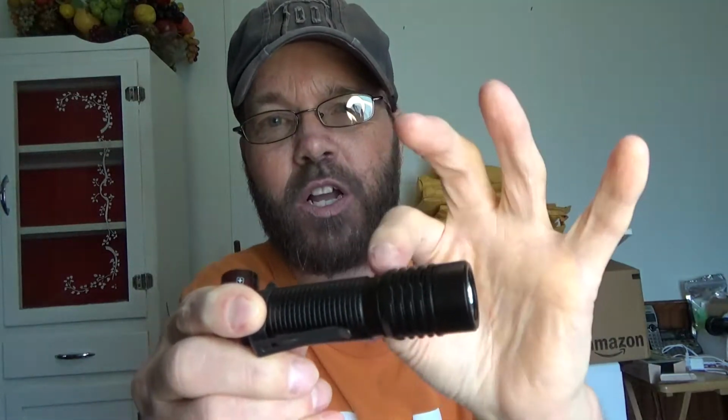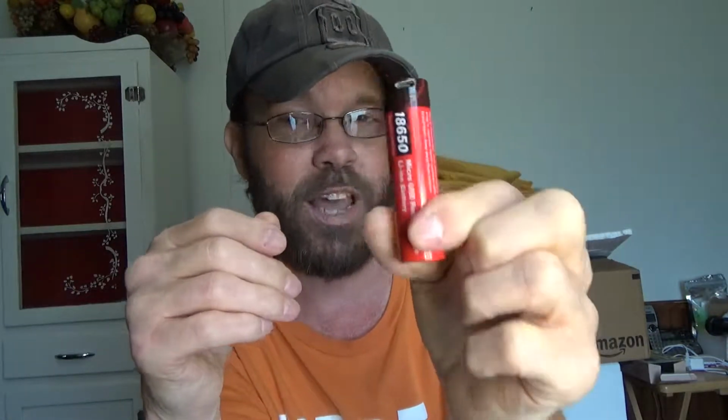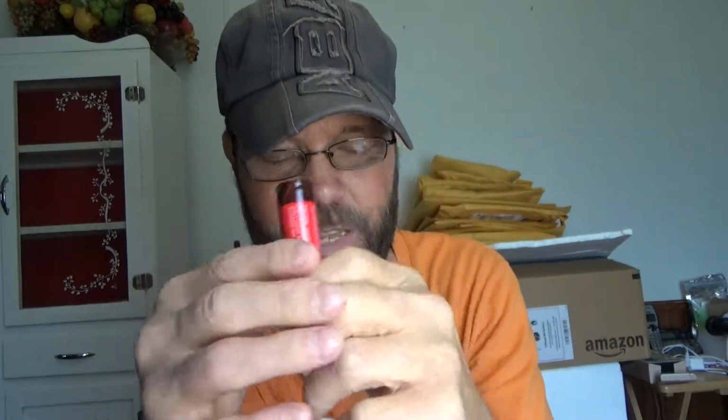And that is very convenient because you don't have to have a separate charger, which is really nice. And you don't have a little plug that you have to make sure is covered, because if water were to get into that, then you could introduce problems. By eliminating that type of charging setup and putting it into the actual battery itself, you eliminate that problem. So that's pretty cool. So we put this back in,